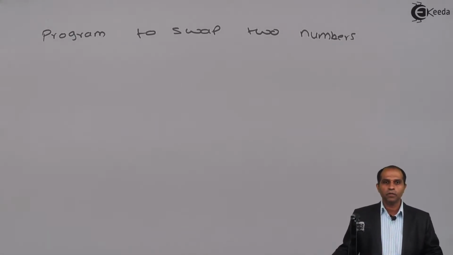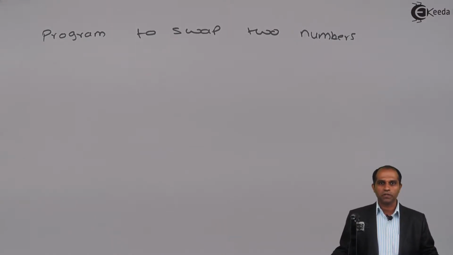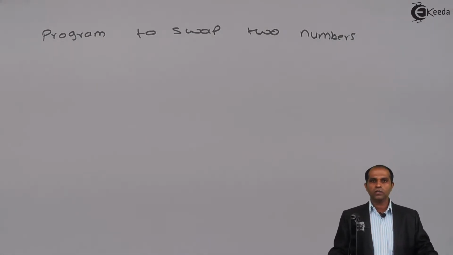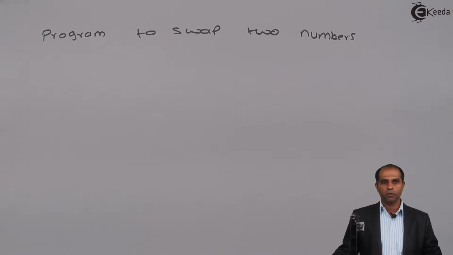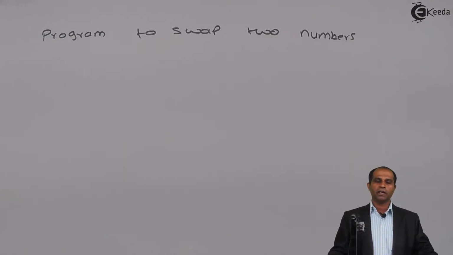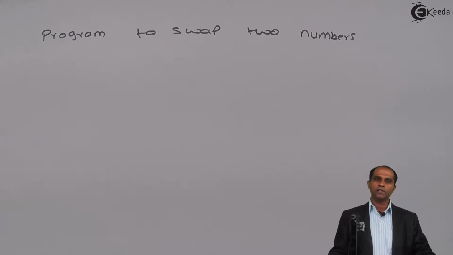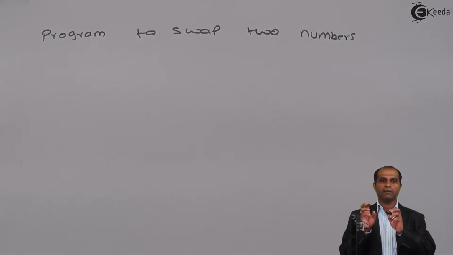Let's look at a program which is used to swap two numbers. Basically, this program uses your printf instruction, your scanf instruction, all those instructions which we have studied in data input output. First, let's identify what will be the logic behind this particular code, and then we'll try to write the exact code. Basically, when I say swap, swap is nothing but a process of exchanging the values with respect